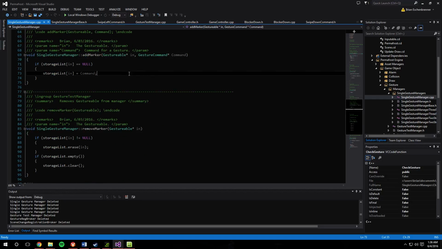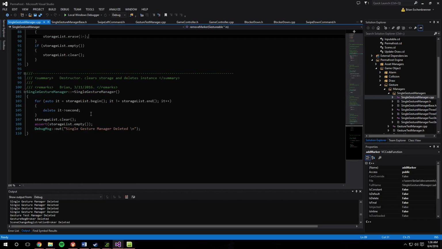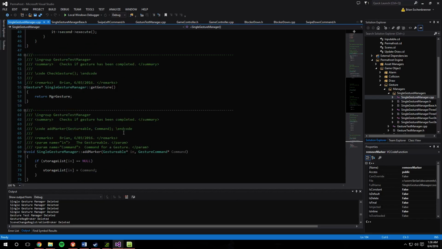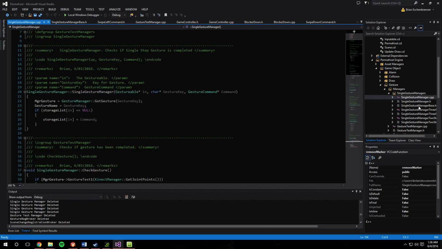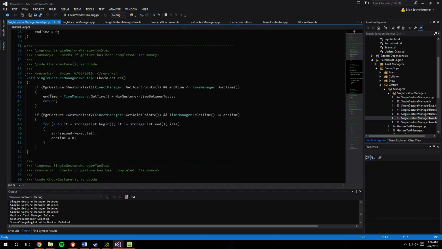Add marker simply adds one to it, and remove marker removes a gesturable from the manager. And then I have my delete, which just goes and gets rid of all the gesturables that are in the manager. The same goes for the 2-step, but the 2-step right here, check gesture, is checking if the first